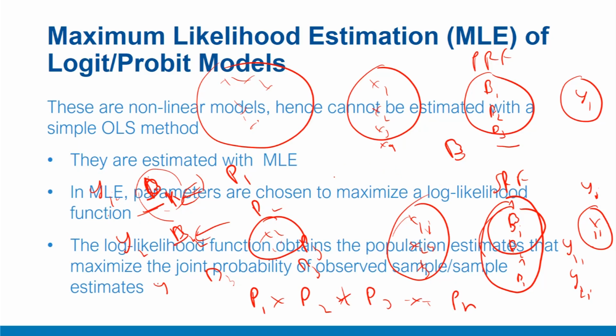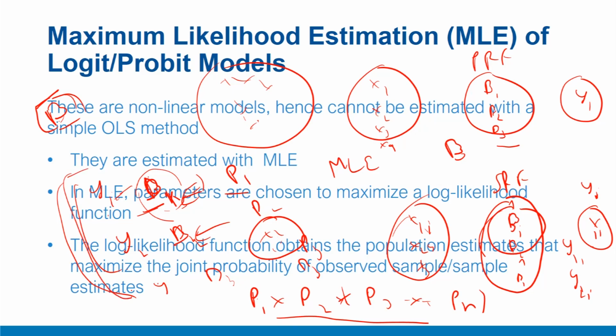Then essentially, as a part of MLE, we are trying to find those population parameters, the population parameter vector v, which maximizes this joint probability of observing the sample parameters. I repeat, just to summarize, as a part of MLE we are trying to find those population parameters that maximize the joint probability of observing these sample observations, where each observation corresponds to a set of likely parameter estimates, probably p1 with beta 1, p2 with beta 2, and so on. And this population parameter, which we estimate from the MLE method, maximizes the joint probability of observing this sample data.